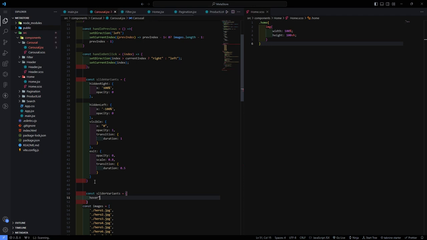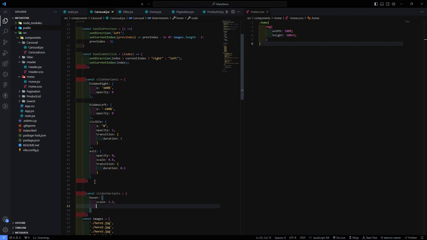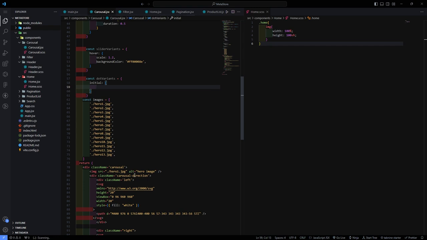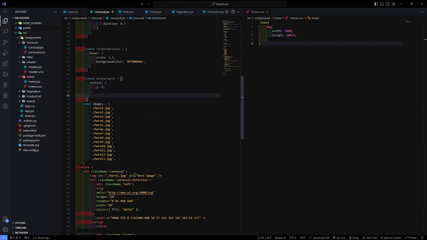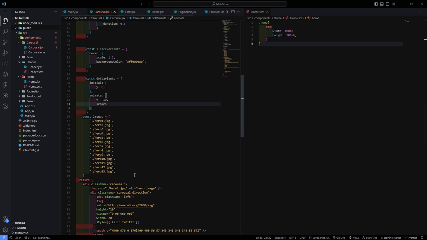On hover, we have scale of 1.2 and background color is FF00008E, and the last one is dot variants, and inside this we have an initial, the Y is 0, animate Y as -10, scale 1.1, 1.3 maybe,